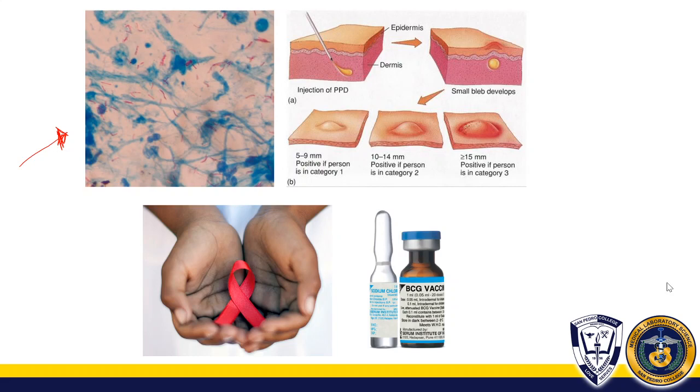Ma'am, what is the difference between this PPD and the old tuberculin that was used? PPD, from the word itself, purified protein derivative, uses the protein derivative that is found in your Mycobacterium strain, Mycobacterium tuberculosis, whereas the old tuberculin is a heat-concentrated filtrate of your Mycobacterium tuberculosis. So they changed it, got rid of the old tuberculin, and what is now used is your PPD, and then